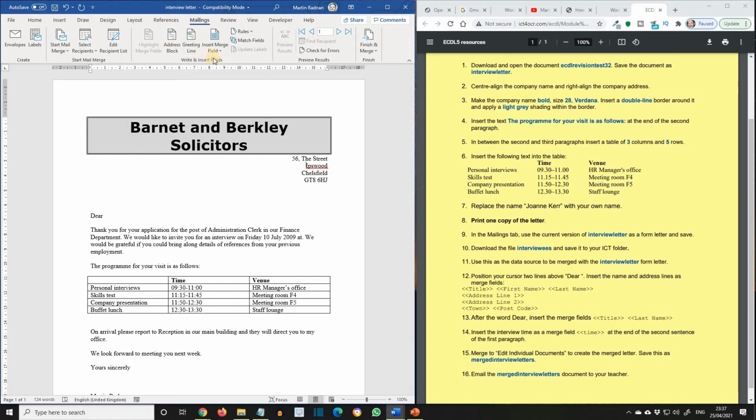So let's insert the merge fields for the address of each interviewee as shown. In step 12, position your cursor 2 lines above Dear. Insert the name and address lines as merge fields. Now I'm going to put the whole lot in and then I'll reorganize them afterwards. So insert merge field, we want title, first name, last name, address line 1, address line 2,